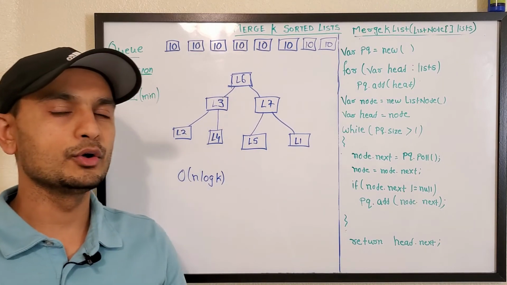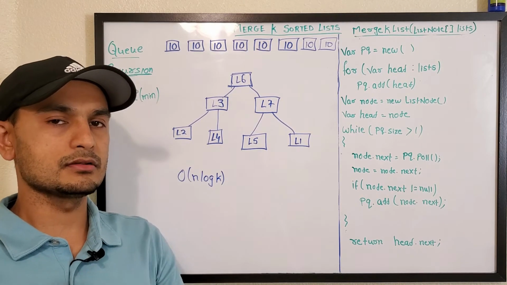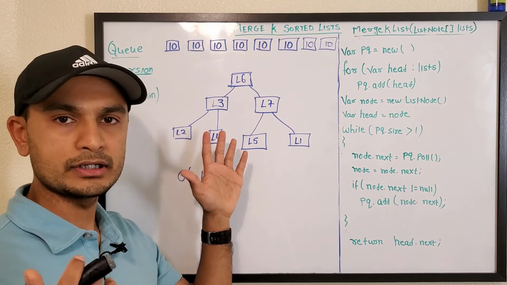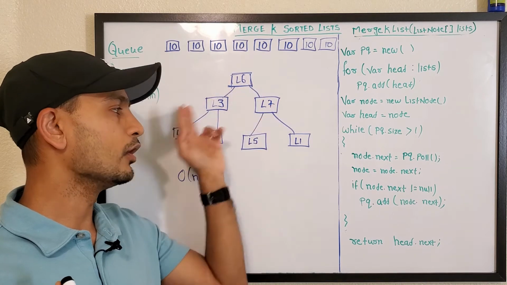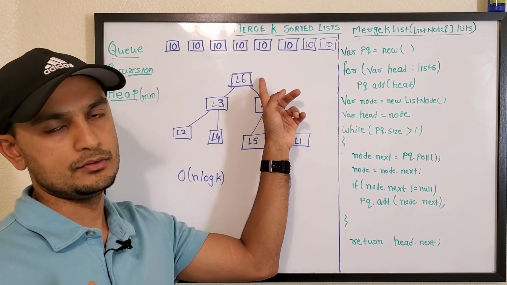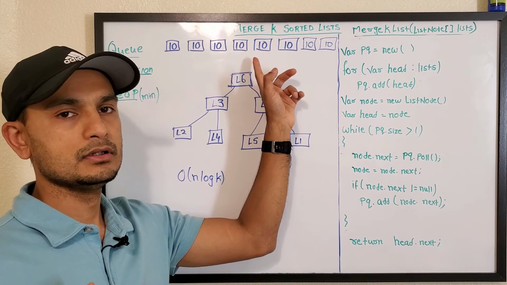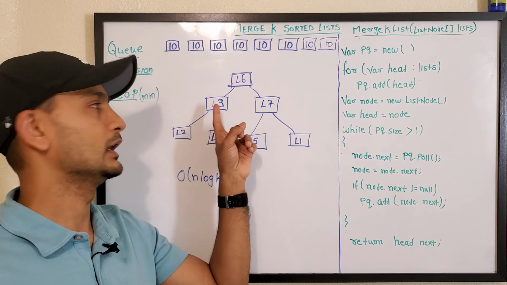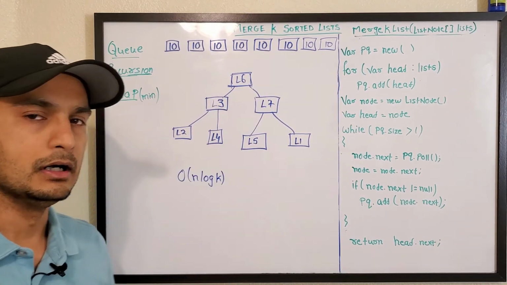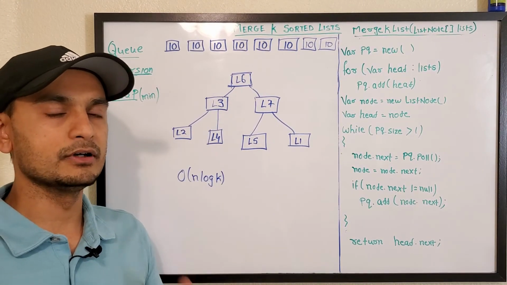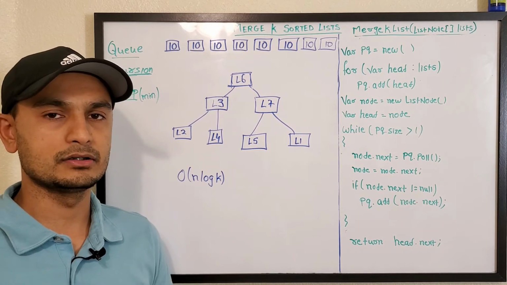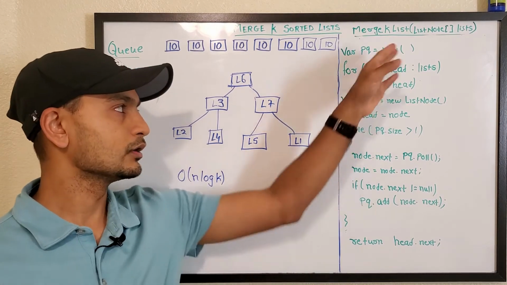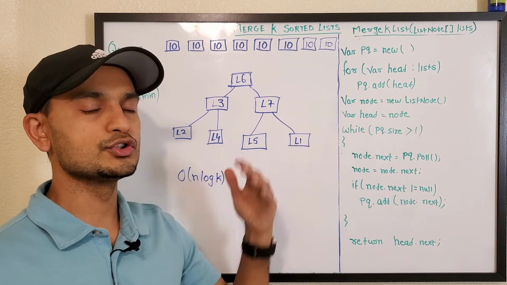So without going into much detail on the heap data structure, let's all assume that this is a min heap, where it's always kind of sorted and the minimum element would always be at the top. So we can pick this minimum element and take it out, and then whenever we add a new element, it'll arrange itself so that the minimum element is always at the top. There are tons of videos out there on how heap works and its concepts, so feel free to watch those. So let's look at the code first, and then we'll visualize it.